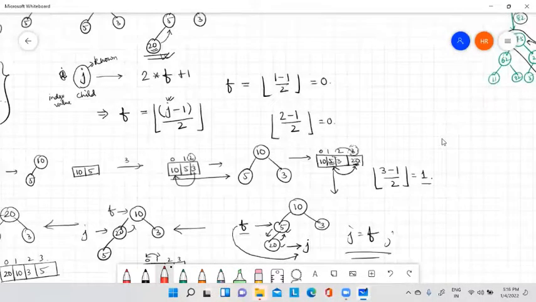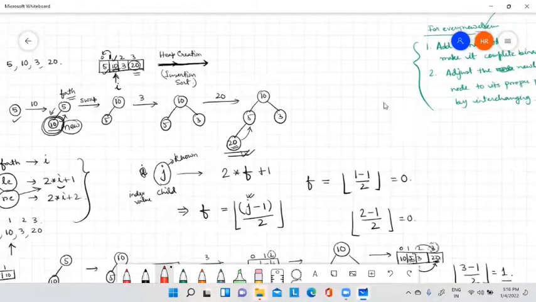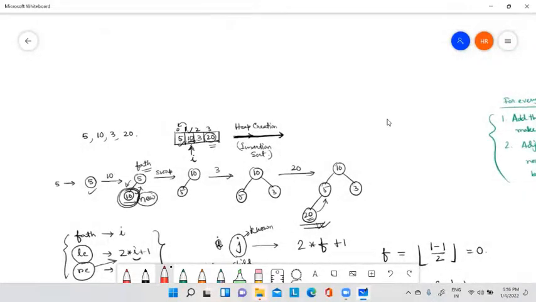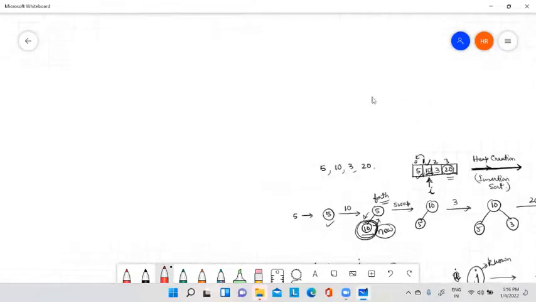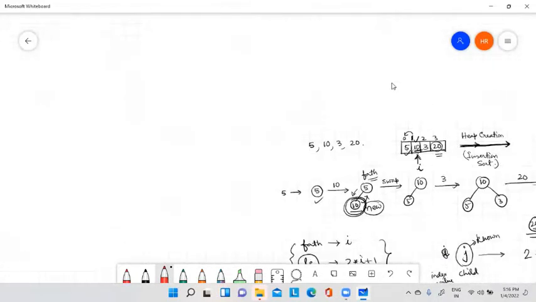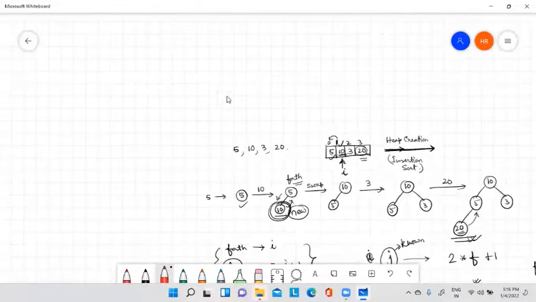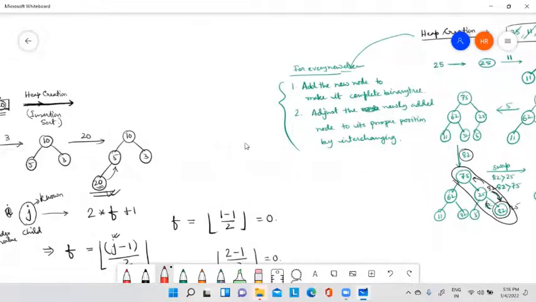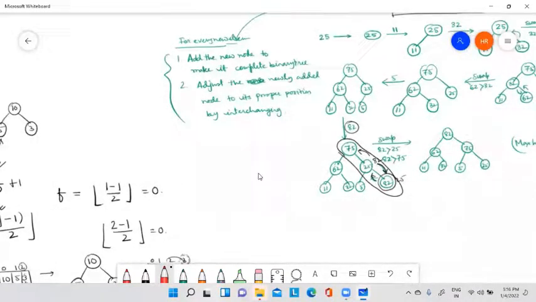Now see, when I am creating a complete binary tree, which is almost like a full binary tree, what is the complexity of putting one particular element? See, when I am putting any particular element, this is the maximum time taken. See, 82 is inserted into this position, then it is adjusted to this position, correct? So this is the maximum time that will be taken.